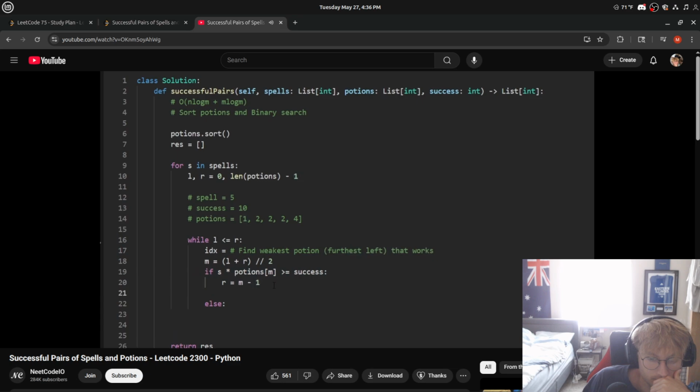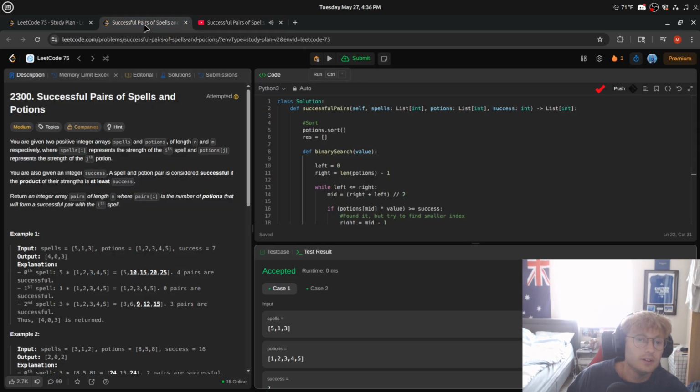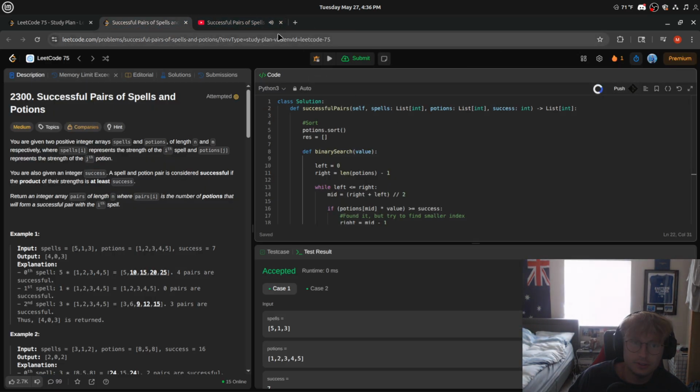Once we add this line here, index is equal to the mid value if it was valid, and then we go further to the left. We just keep going as far to the left as we possibly can until maybe we encounter an invalid value, and then we would try shifting to the right a bit, or maybe we would just stop. When we do encounter an invalid value, we just need to update the left pointer to be mid + 1. We're going to start searching to